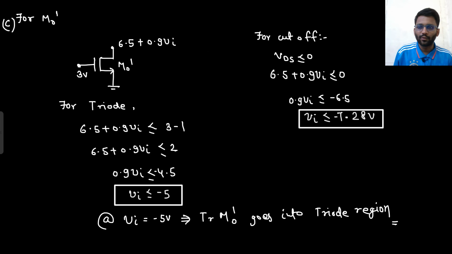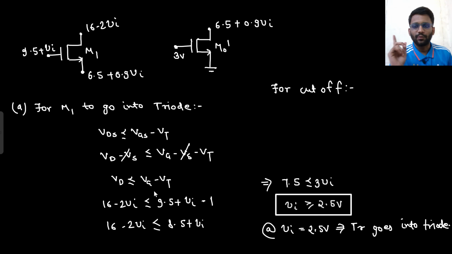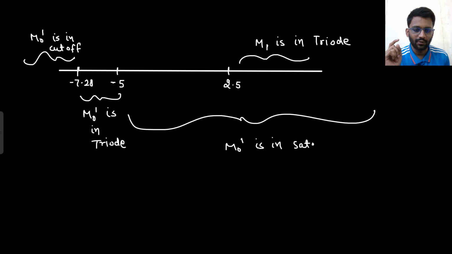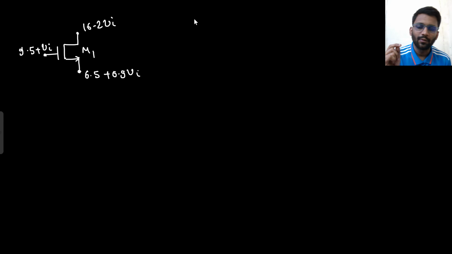And let's just see the cutoff point for M1. So for cutoff M1 will be a bit complex, so let's just solve it on the next page only, because there we will need to check both of the conditions. So let's check for cutoff. For the cutoff point of M1,